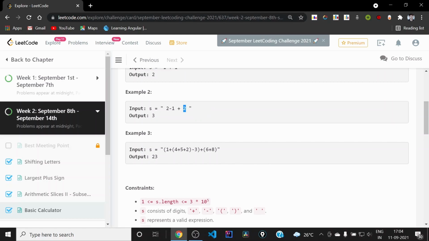And suppose I encounter a digit, then I will keep iterating until I am encountering digits, and I will form a whole number with it. I already have a variable for indicating the sign, and whatever the sign was when I encountered this digit, after making a number out of this long chain of digits, I will add or subtract the value into